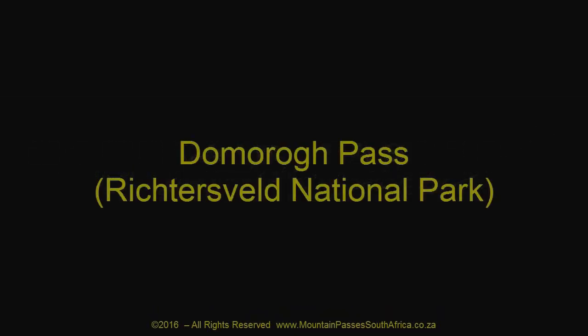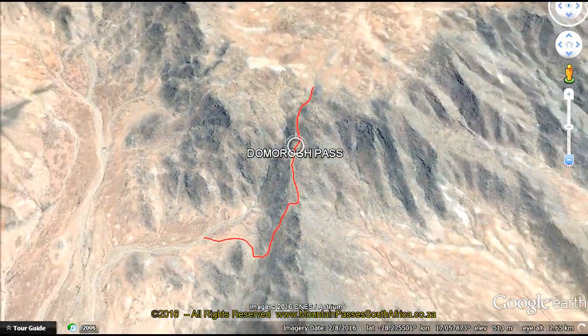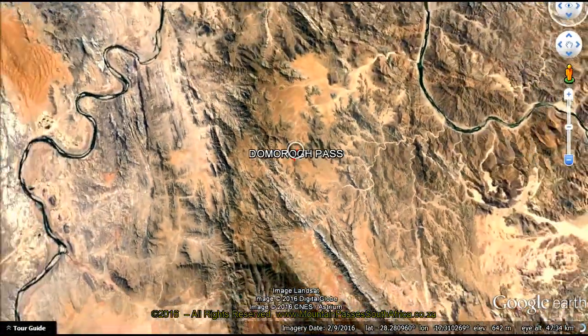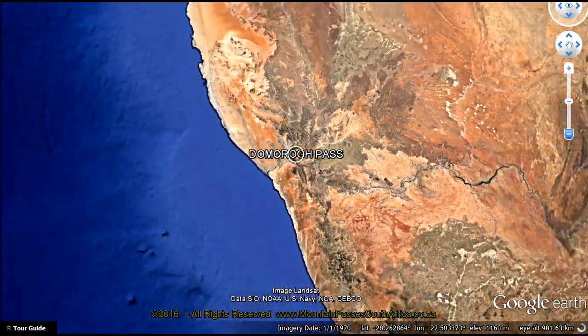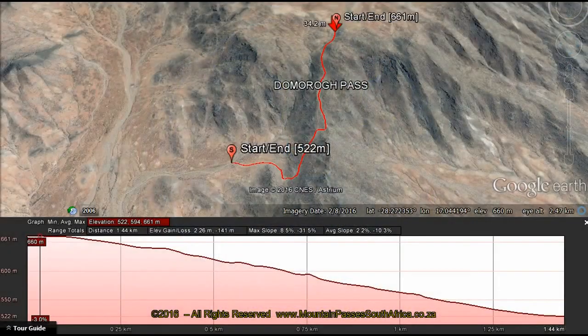The Richtersveld National Park plays host to 6 official passes and many more unofficial ones. Of the 6 official passes, the Domorogh pass is easily the most technical as well as being the shortest. The pass connects the upper plateau area of the Richtersveld with the Charib River Valley and was originally built by